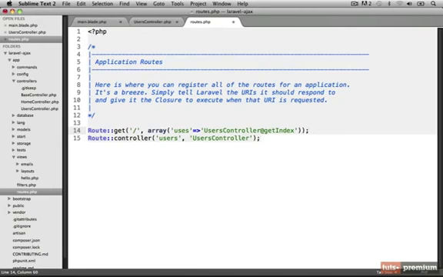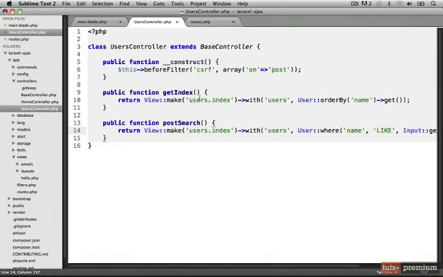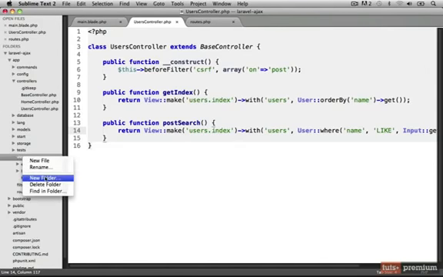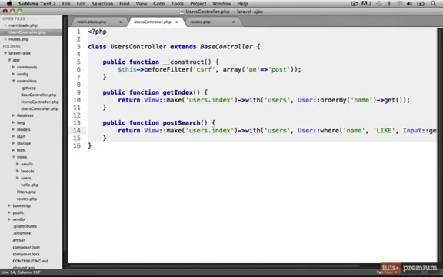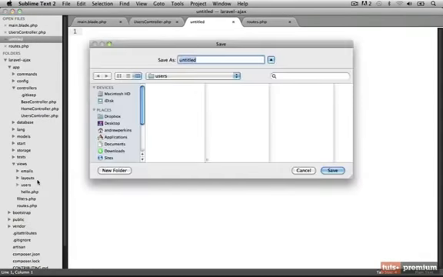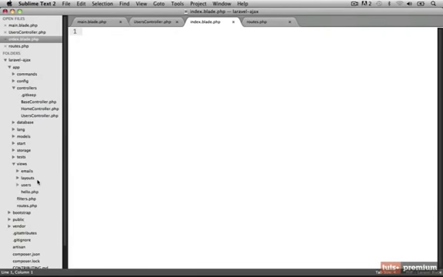Let's save this file. If we look in our controller, you can see that we need to first create this users folder to hold our users' view files, and then we need to create the index view file itself. So under app, views, let's create a new folder. I'll name this users, and inside of users, we'll create a new file. I'll save this as index.blade.php,